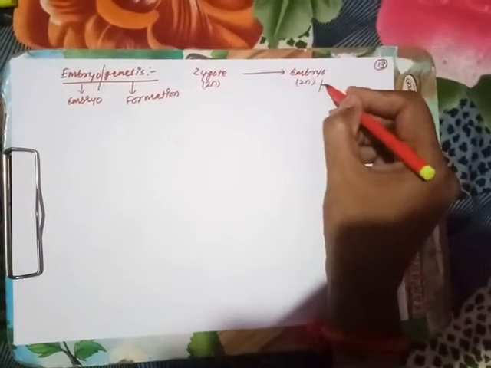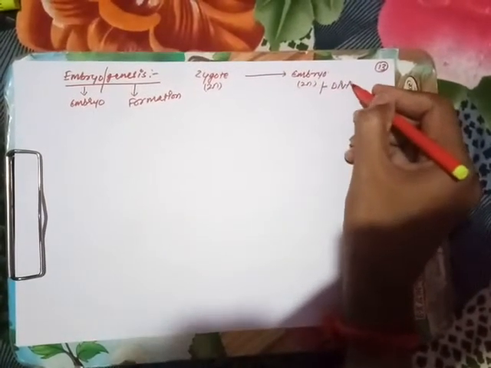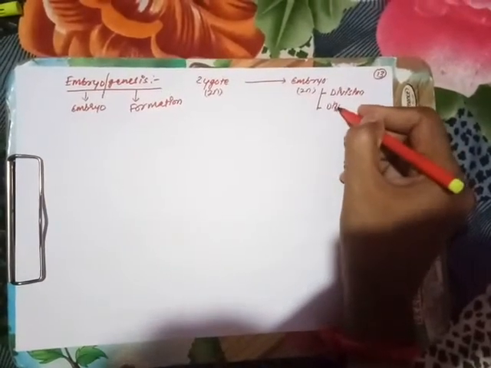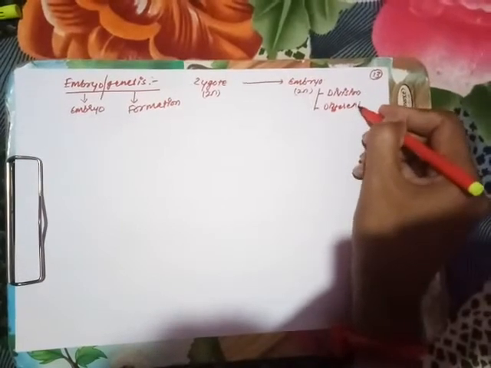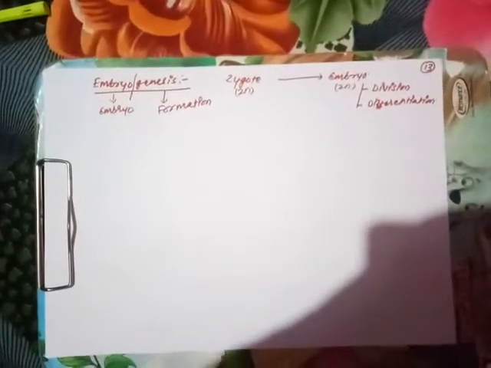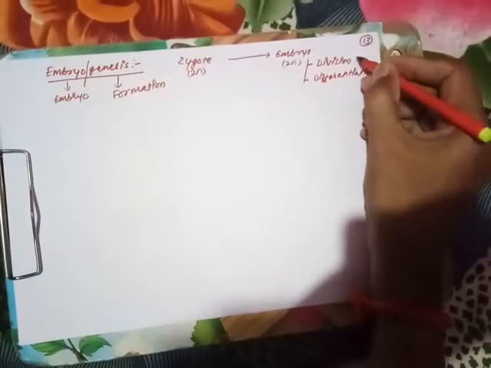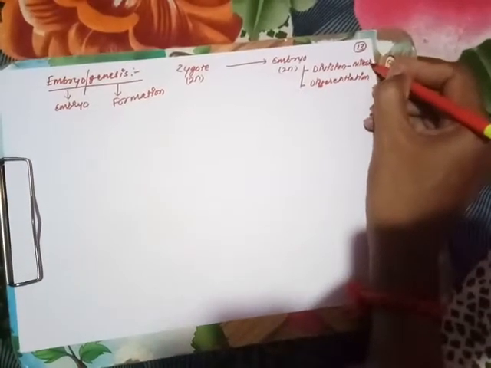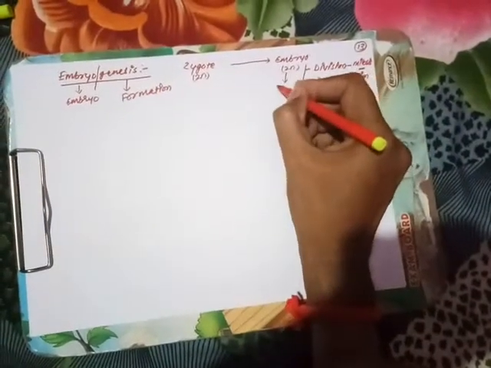Embryogenesis is completely a process of division and differentiation. Last year in class 11th you might have gone through the process of division and differentiation. The division is mitosis, and after mitosis differentiation is there. What is the meaning of division and differentiation? Division, mitosis, means always 2n to 2n cells will be produced, diploid to diploid cells, so there will be no reduction in the number of chromosomes.